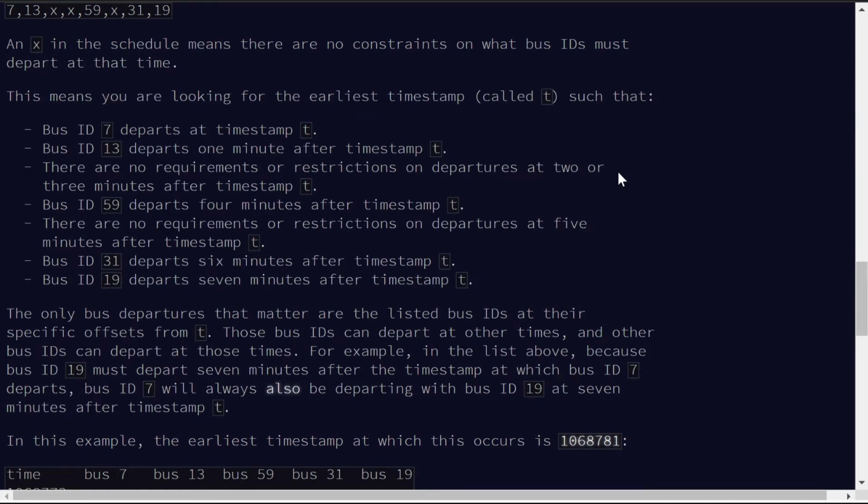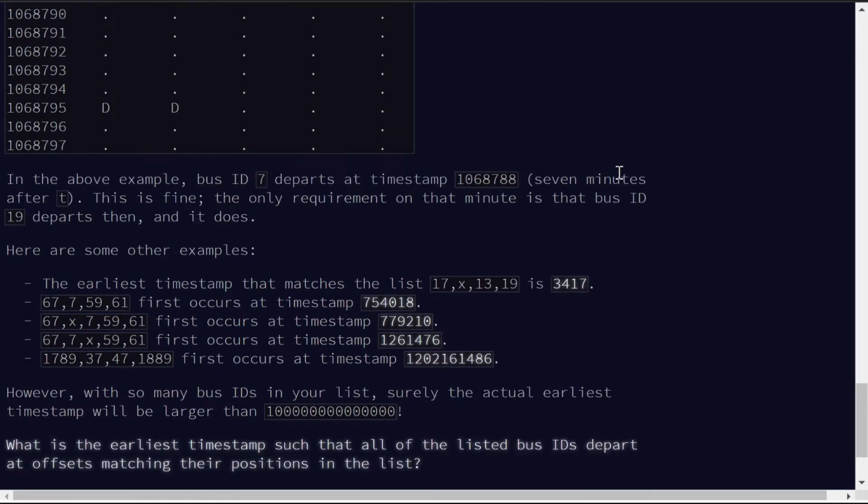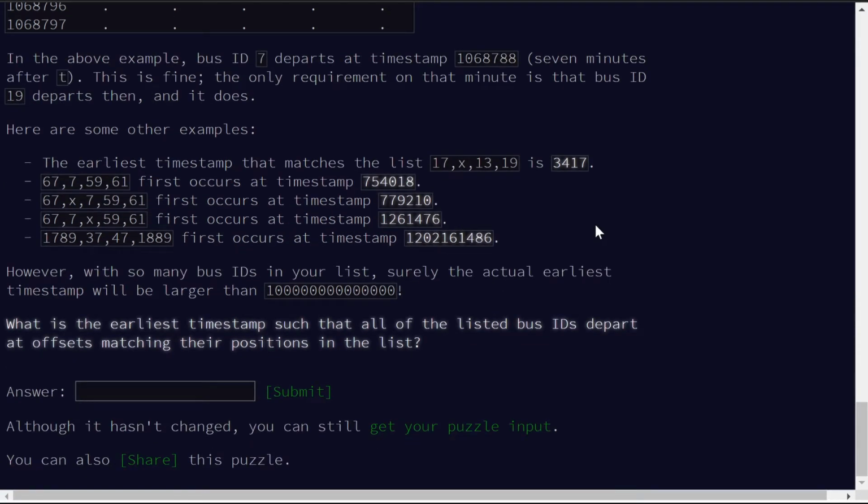This really reminds me of an Advent of Code problem from years ago. When was it? It can't have been 2015 because I remember I was living somewhere else when that happened. Well, in a different city. I think it was 2016, because I think that was the year I did Python instead of Haskell, right? I'm going to do a little bit of searching here. I remember that was the one